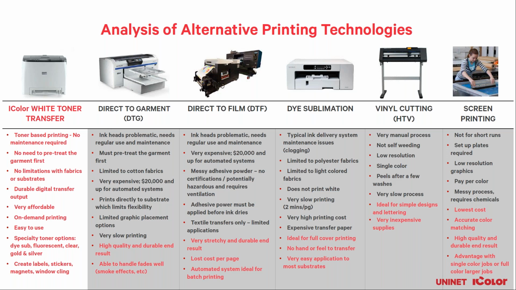Typically with your automated systems, you could be as low as 65, 70 cents per A3 sheet, and that's ink, not the transfer paper. And automated systems are good for batch printing. So a big fact with DTF is that probably about 50% of the users of DTF, especially with the automated systems, tend to not make their own shirts. They are outsourcing to people who want the transfers.